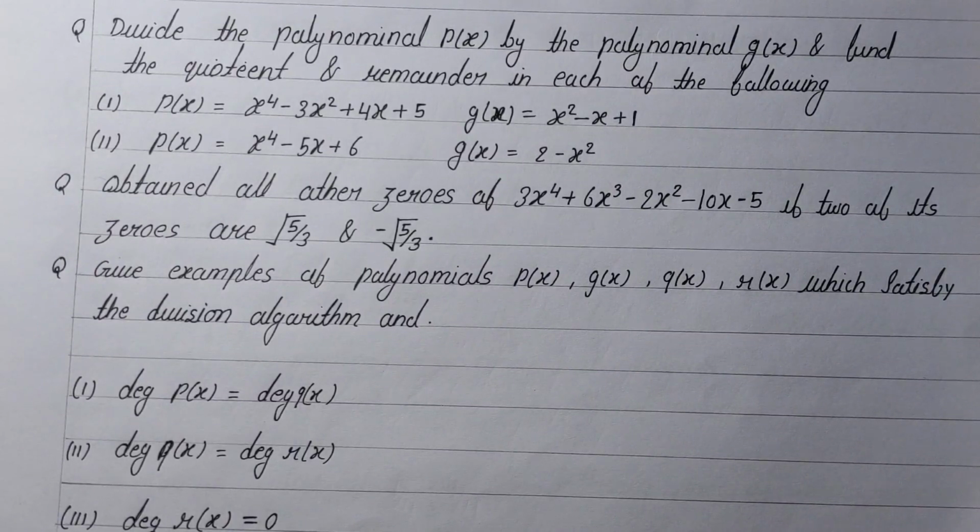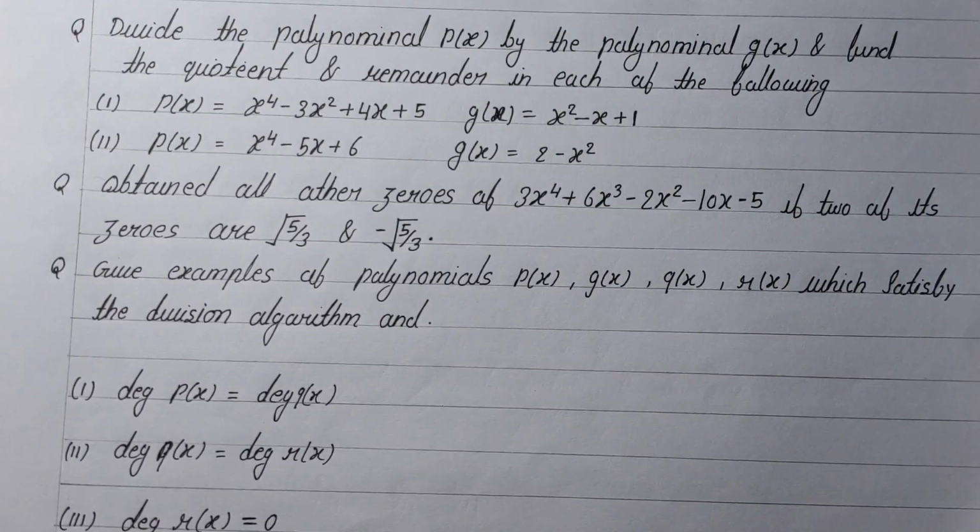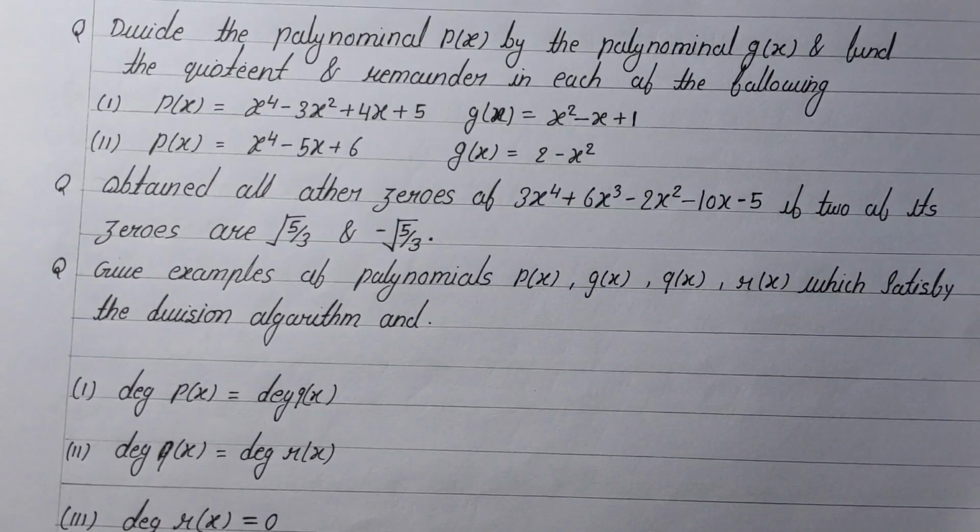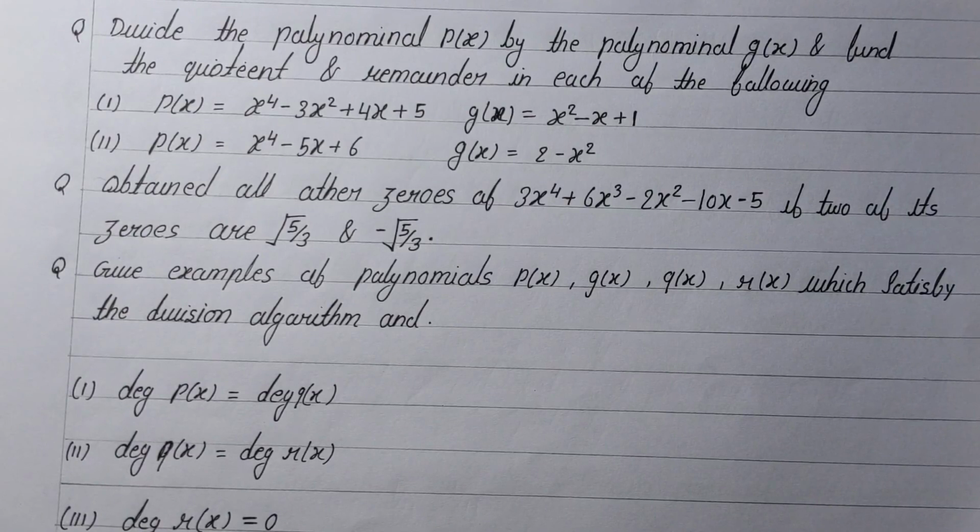Next, divide the polynomial p(x) by the polynomial g(x). Find the quotient and remainder in each of the following. First, p(x) is equal to x^4 minus 3x square plus 4x plus 5 and g(x) is equal to x square minus x plus 1. Next one, p(x) is equal to x^4 minus 5x plus 6 and g(x) is equal to